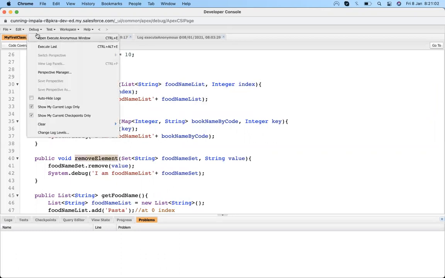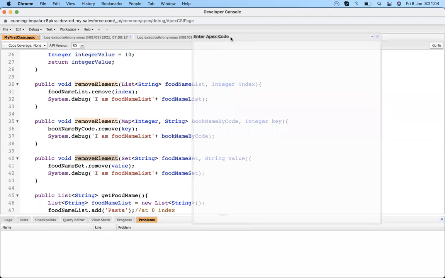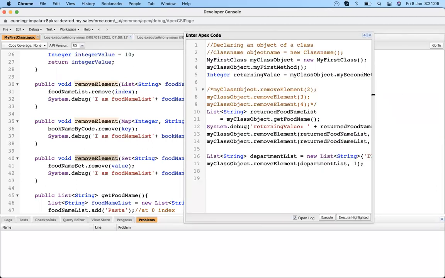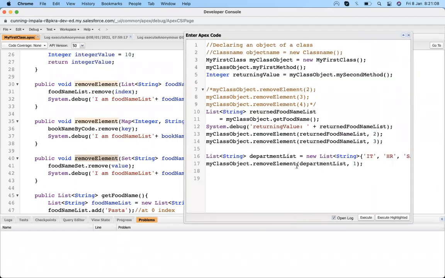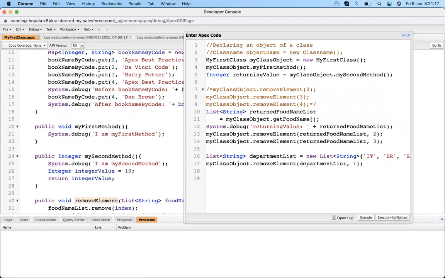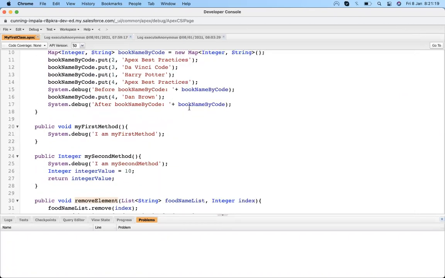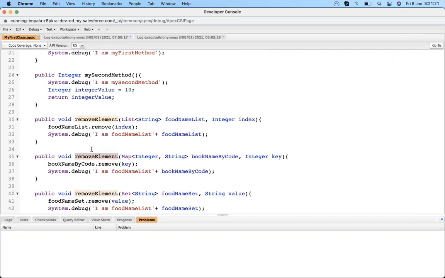So let's go to the anonymous vendor. Let's check for that. Where is my map? In the map we have a constructor, and in the constructor I'm calling that thing. So let's remove an element from that map.